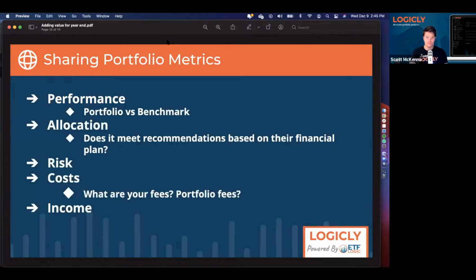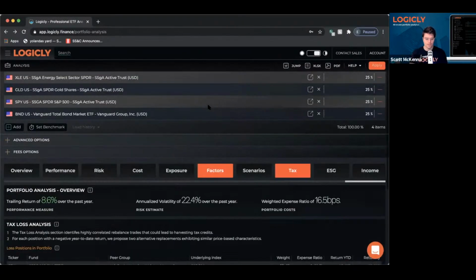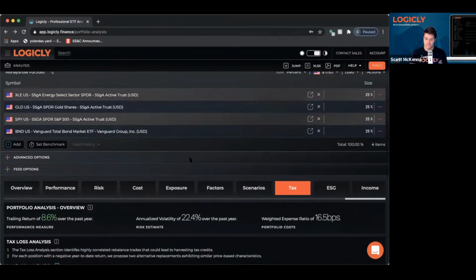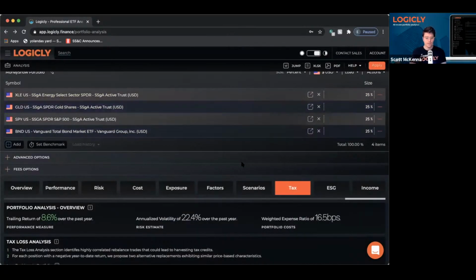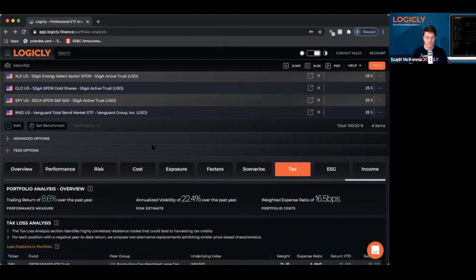performance. I'm going to jump back to the platform, and I'm just going to use that same one that we used before that we already have loaded in. So this portfolio versus the 60/40 benchmark. And you can set whatever benchmark you want as well. If you wanted to set it against another portfolio, you can do that. So maybe you wanted to show the portfolio before you made a change. You can set that as a benchmark, and say, this is the benchmark, and then when I moved you to here, here are the changes that we saw. In this case, though, we're just going to say, how has this performed against its benchmark?